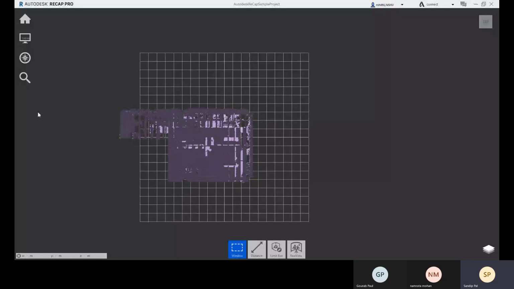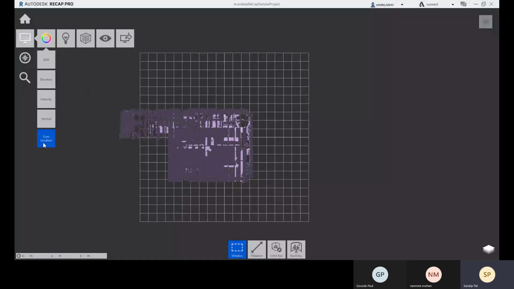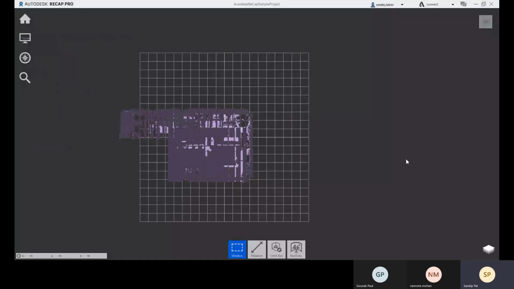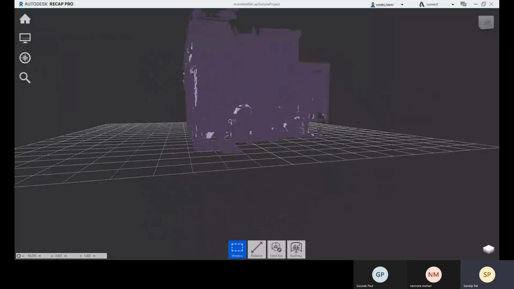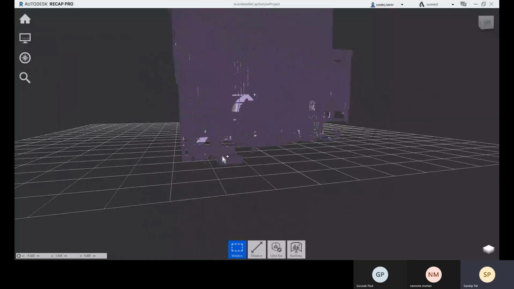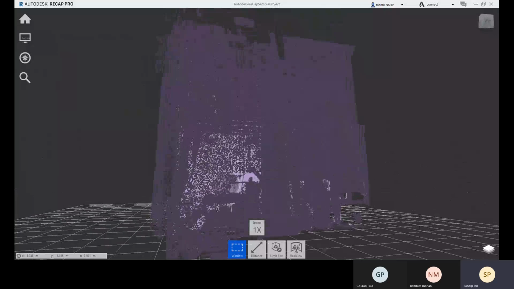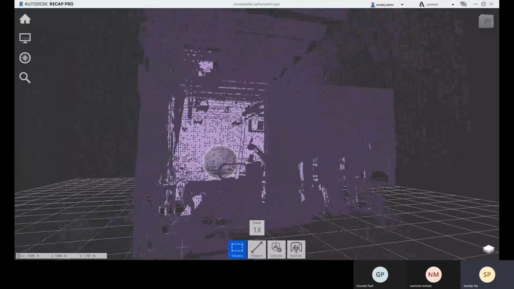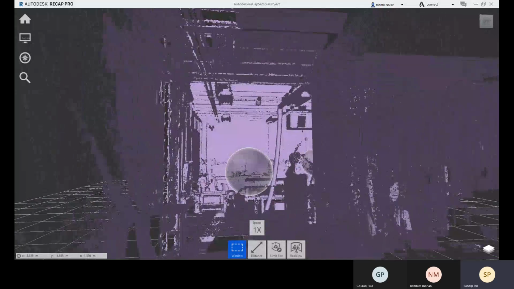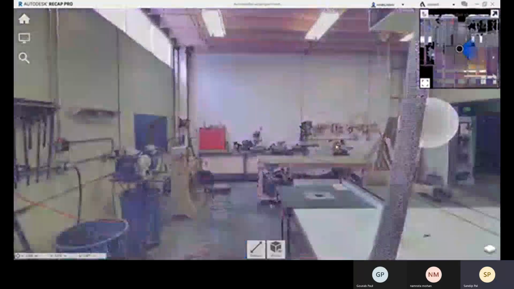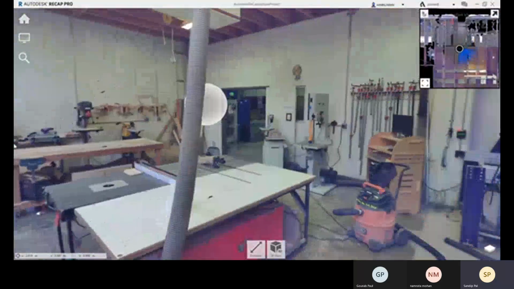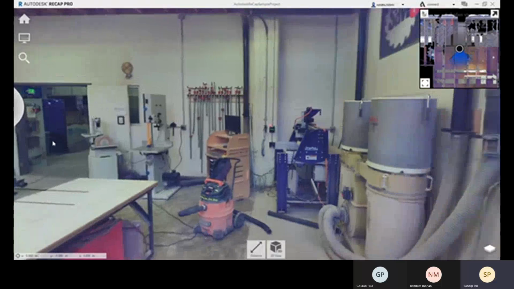For that, each and every scan file will have a different color. So that is the scan location option. Holding the shift to fly in, holding the shift and right mouse button to fly around. Here if you click, you can come back to the normal scan location.